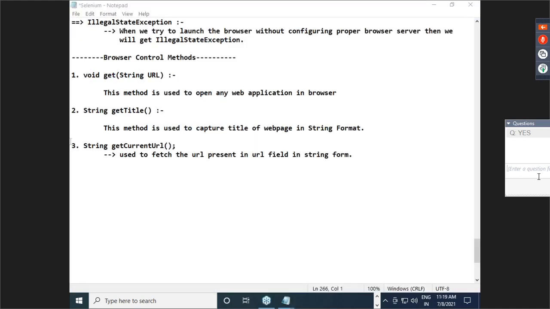Done with the copy? Okay, write down this theory method, third method.